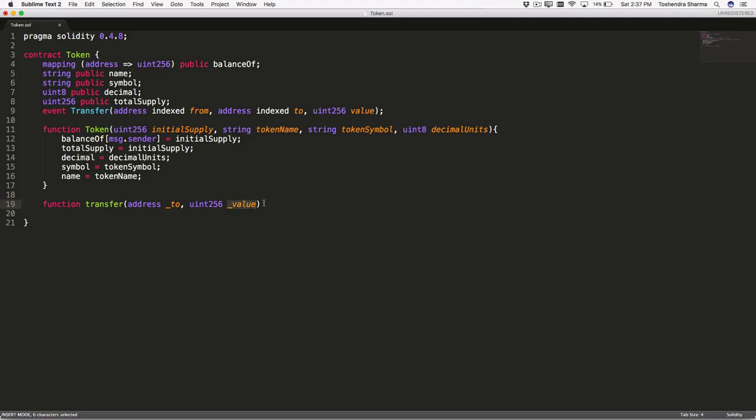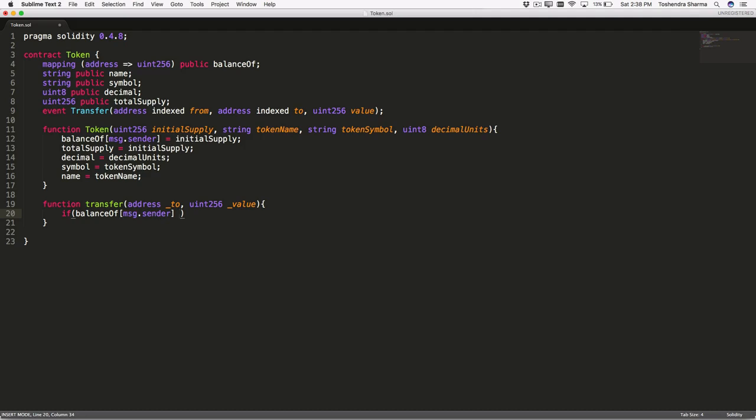Remember, the transfer will happen in the form of Wei, which is the minimal unit of Ethereum. So before we execute the transfer, we need to test a few things. These tests are mostly to check if the balance of the sender is actually enough to execute this transfer. To check this, we will check the balance of msg.sender.